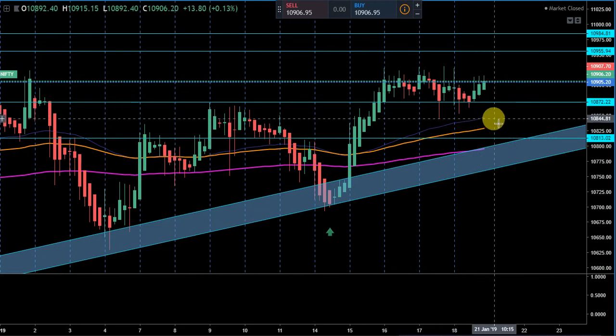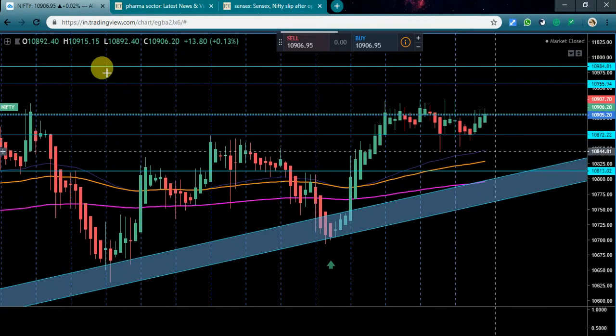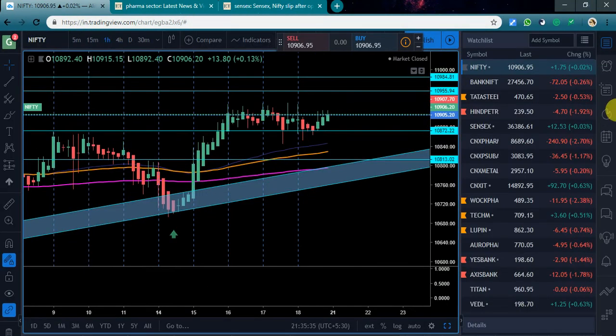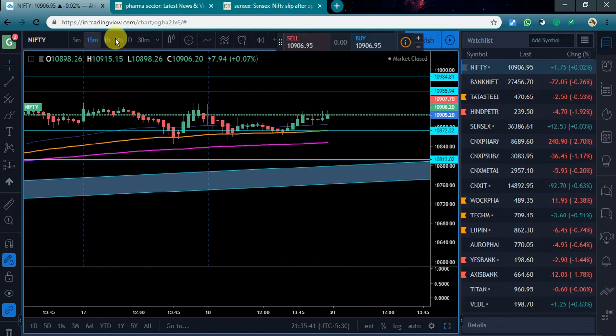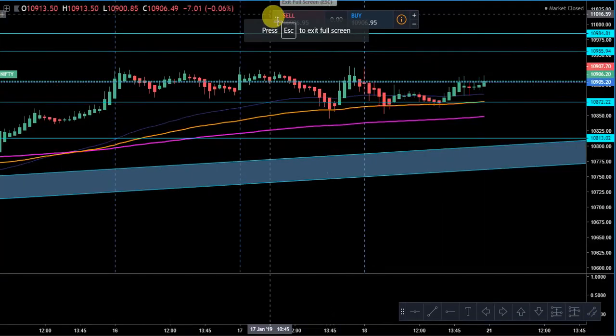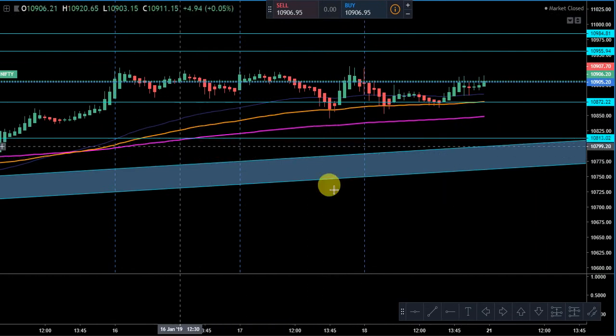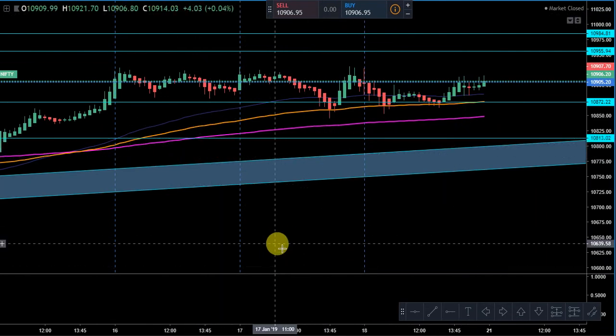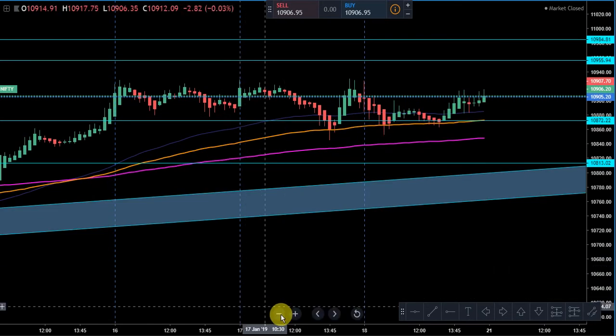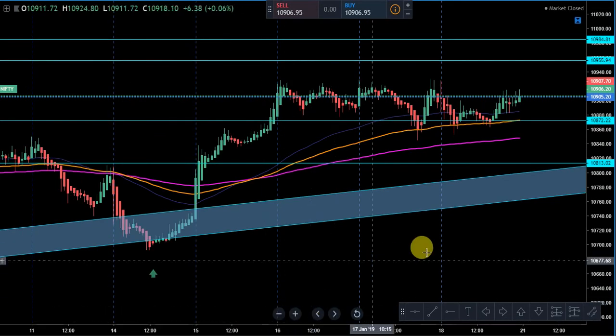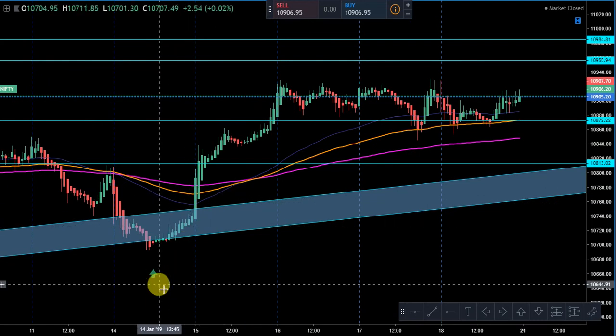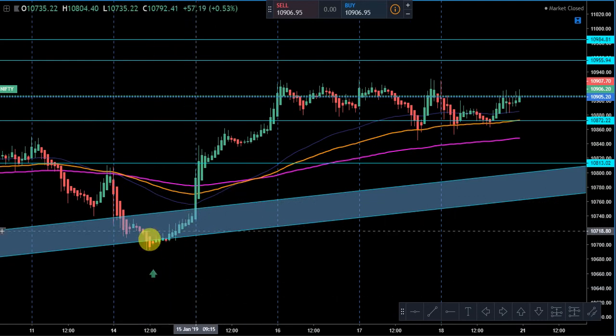It is actually the 1 hour time frame which I am going to convert into this one. Let me make it full screen so it is a little bit clearer. Here, if you see, this is the long on 14th, and on the 14th itself I think I drew this